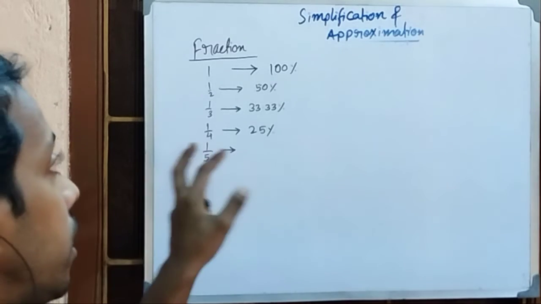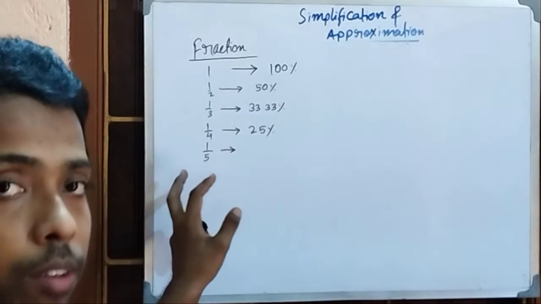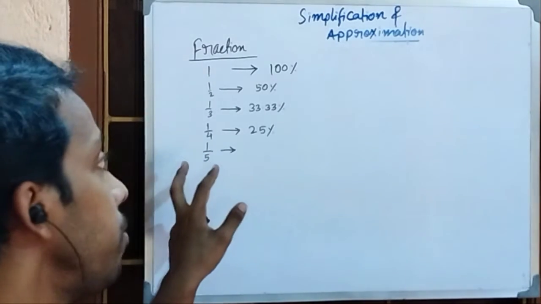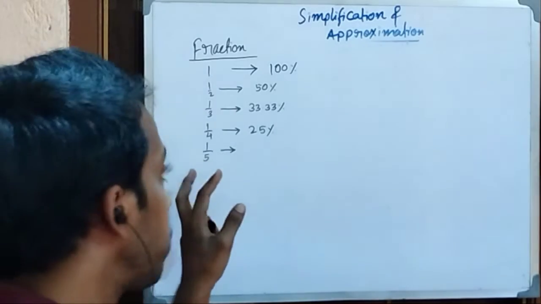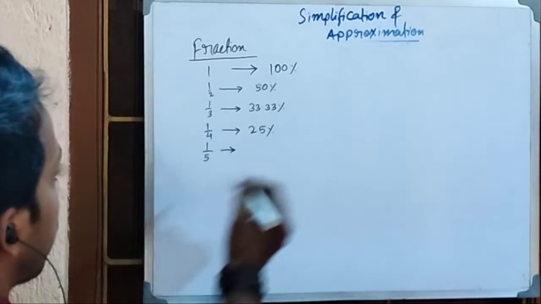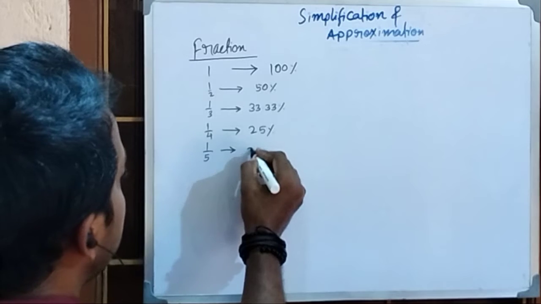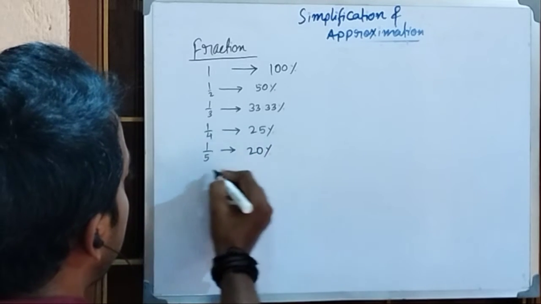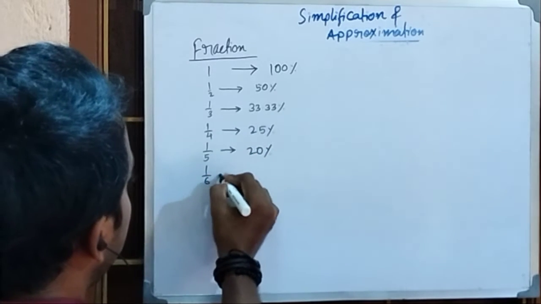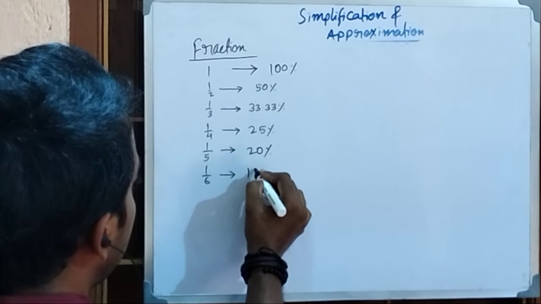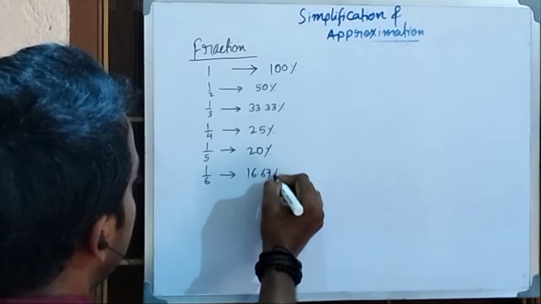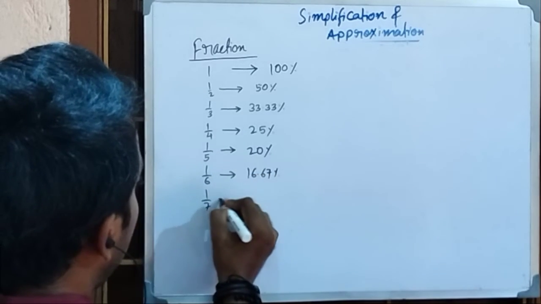that sounds somewhat difficult, and if you do not practice that kind of stuff well, it may become troublesome for you. So that's why I am writing down the basic stuff here, and then the multiplicative stuff will also come along the way, right? 1 by 6 is 16.67%. 1 by 7,